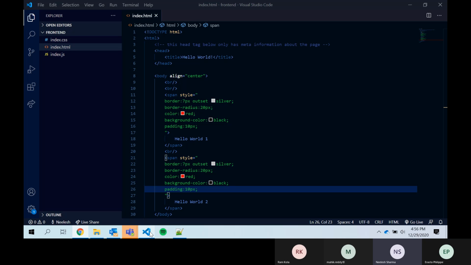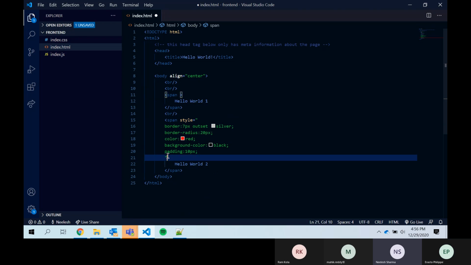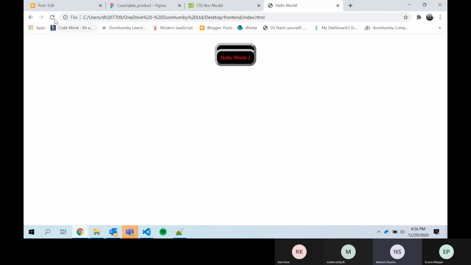If I remove the styles, they won't override each other, they will come one below the other. But we have given them some cosmetics, the styling, and some other properties like border, and we increased their width so much so that it actually